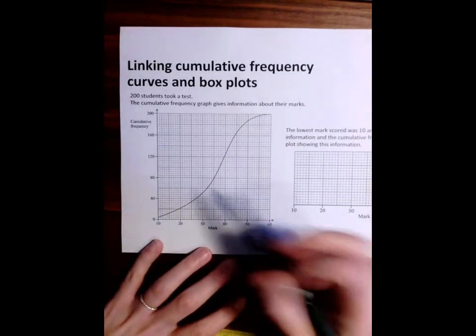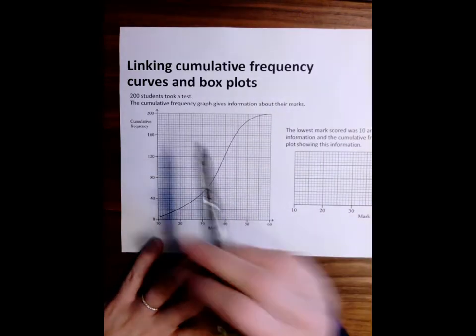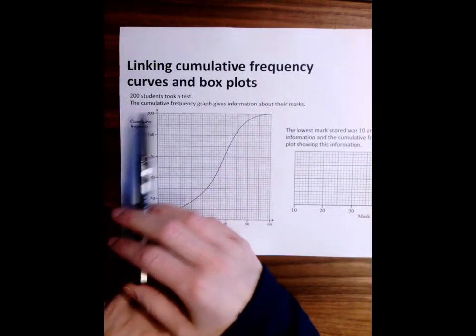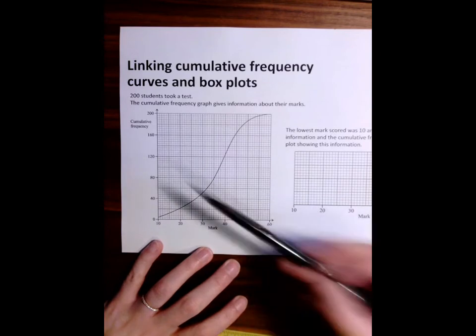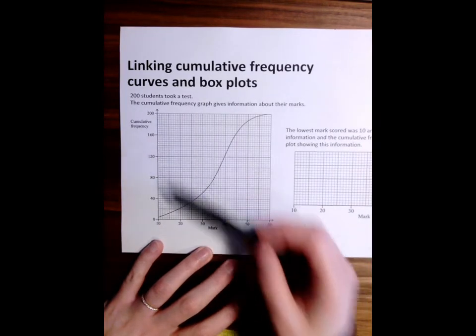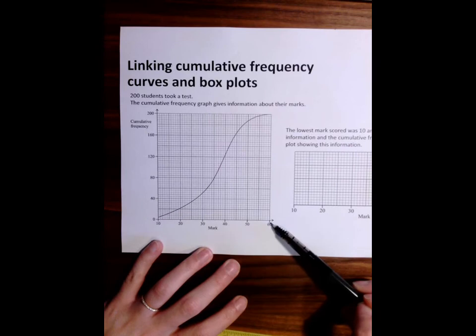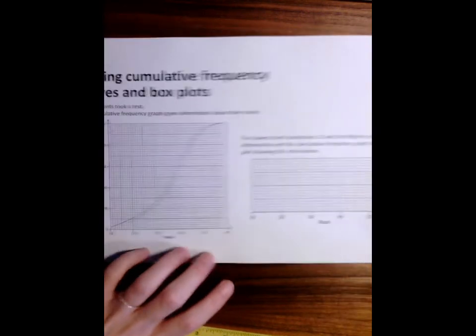And this time we've got the cumulative frequency graph, which is drawn for us, and it told us that there were 200 students who took a test, and here is the information about all of their marks. Okay, so we can see 200 is the maximum value here, and if we have a look, the maximum mark was 60. So if you remember back to box plots,